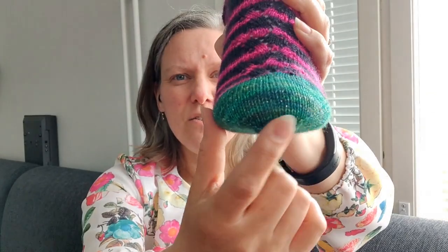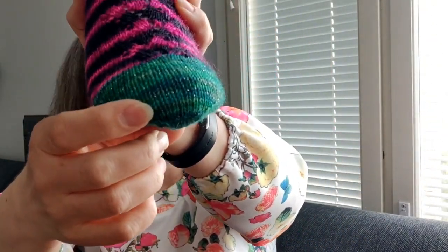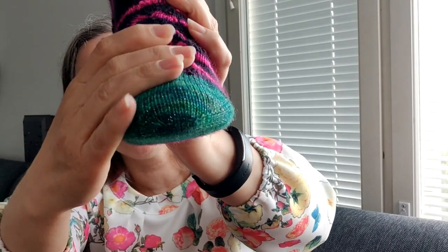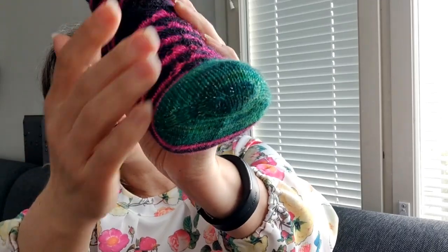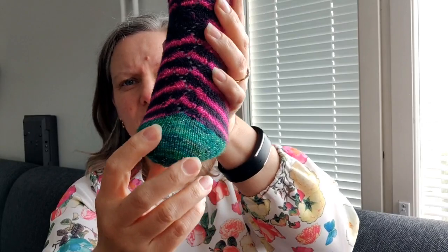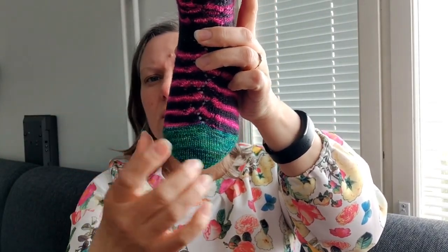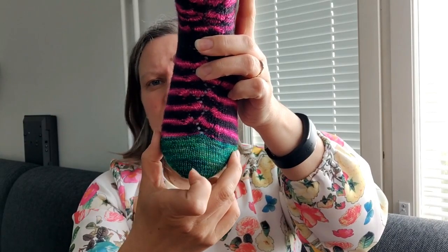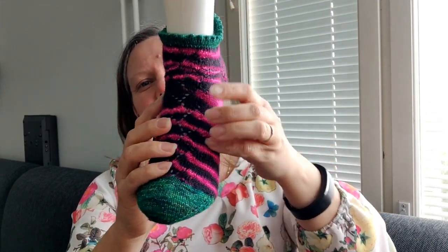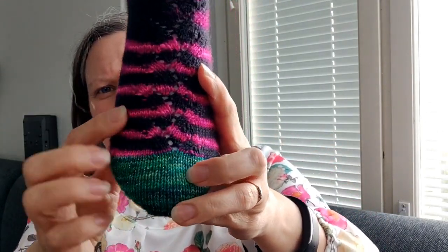So I cast on from the toe. I used Judy's Magic Cast On. I knit them two at a time on magic loop. So I started with the toe, made the increases, and once I had increased enough until I had 64 stitches on the needles, so 32 and 32, I changed to the other yarn, and I